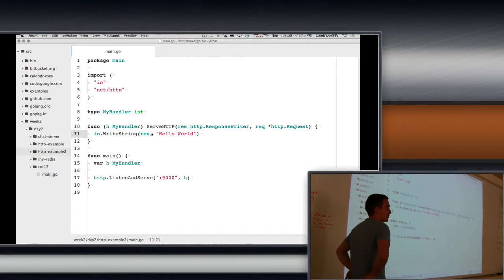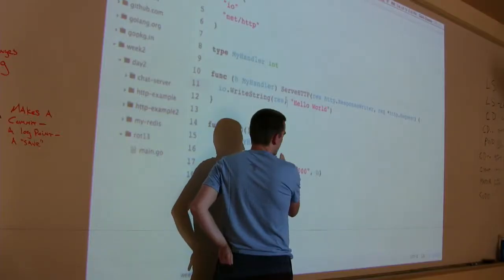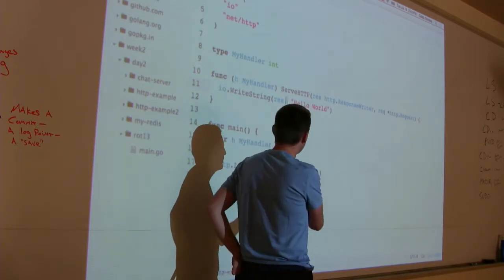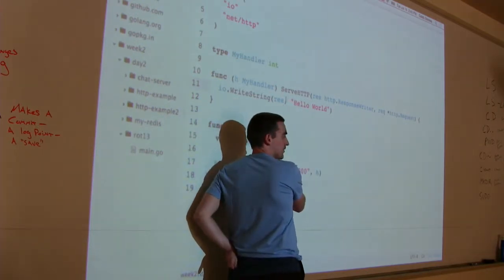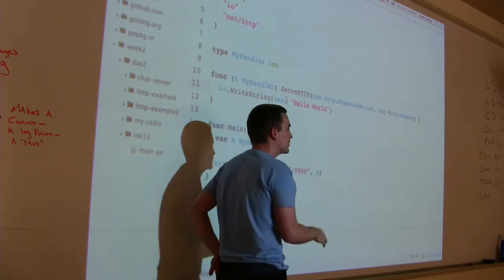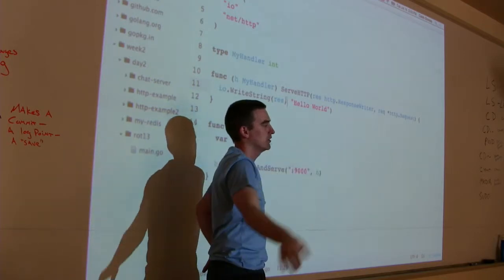What would that be? The address to bind. Say that again? The address to bind. So the left part of the address is empty, with the colon here. That means every address. The other way you often see this is localhost colon 9000, or 127.0.0.1. What that's saying is only traffic that comes from my local computer. This one means traffic that comes from anywhere